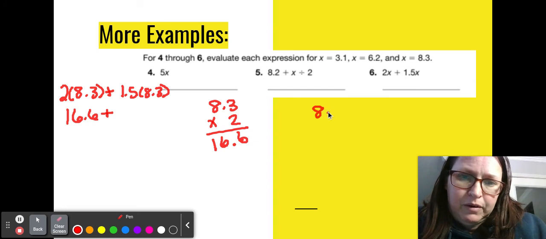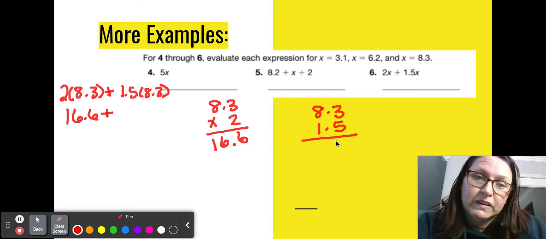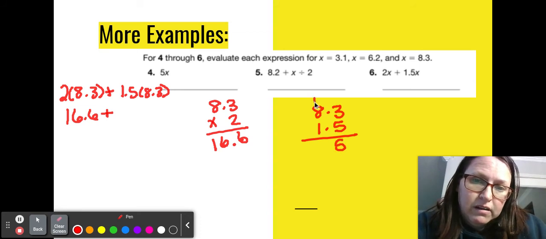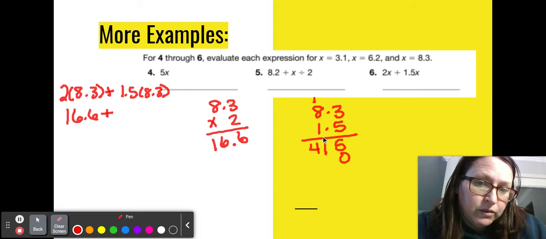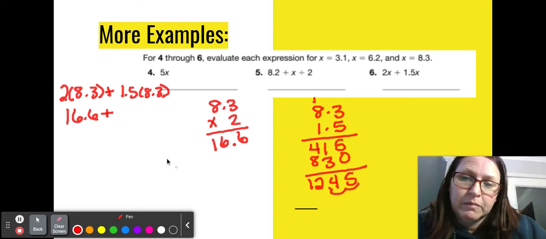Now I have 8.3 times 1.5. 5 times 3 is 15. 5 times 8 is 40, plus 1 is 41. Put my placeholder. 1 times 3 is 3. 1 times 8 is 8. 5 plus 0 is 5. 3 plus 1 is 4. 8 plus 4 is 12. Move my decimal place over 2 places, and my answer is